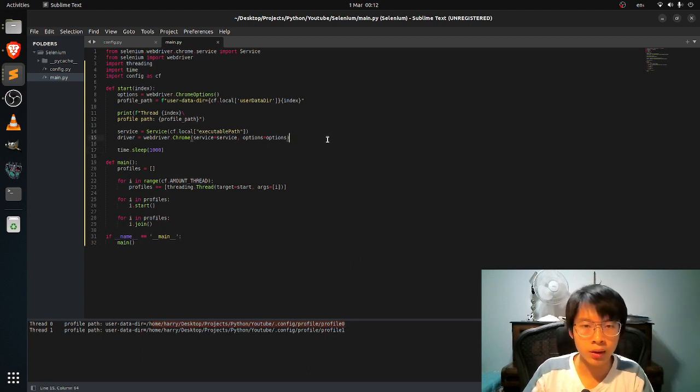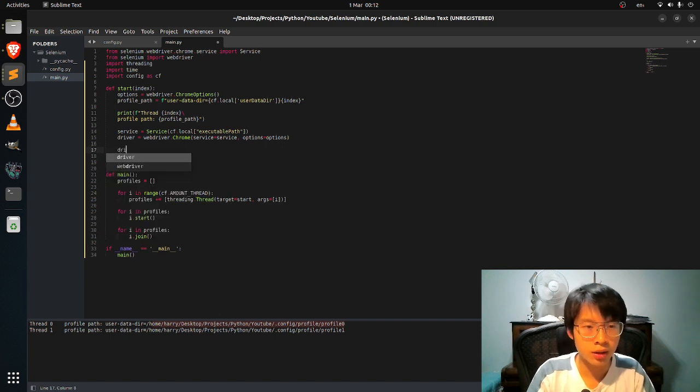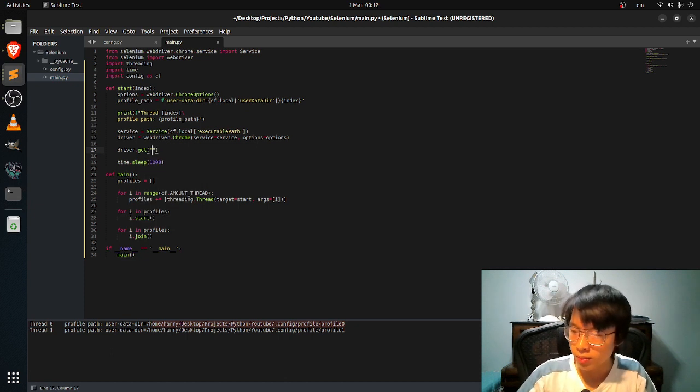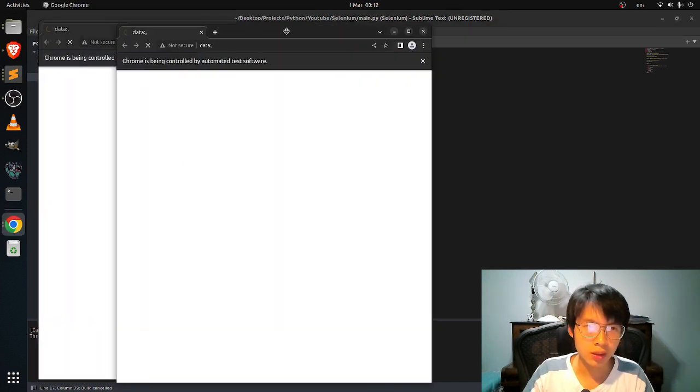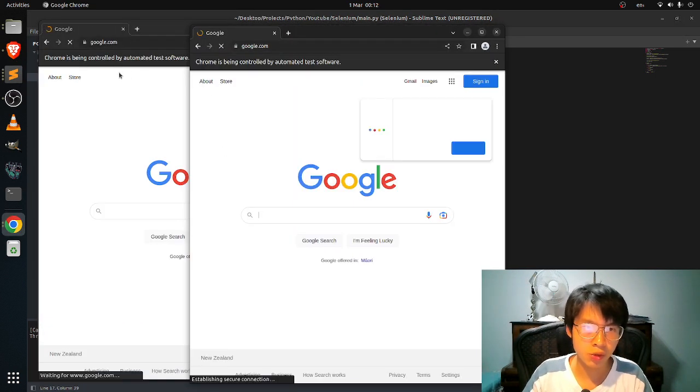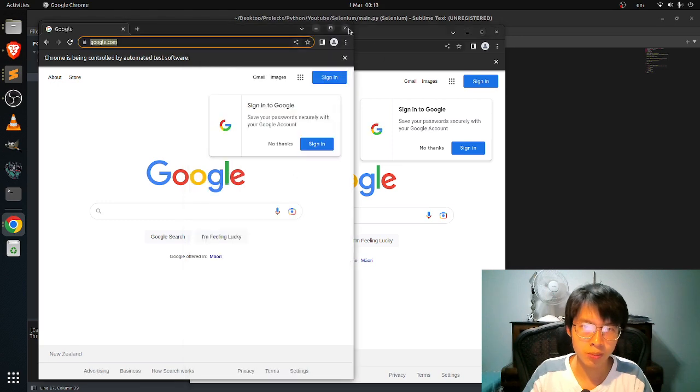So maybe the next thing you guys can test out is using driver.get. I will put in a link, just to make it search. So maybe like http google.com. Okay, now run it. So both of these two threads will search Google Chrome,